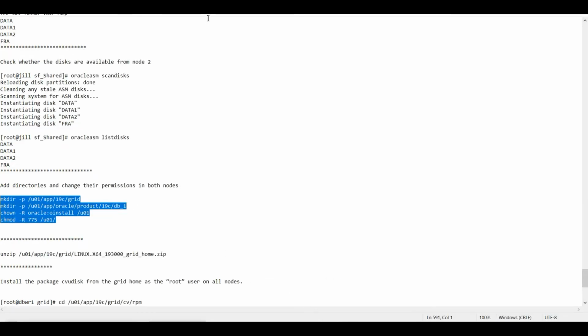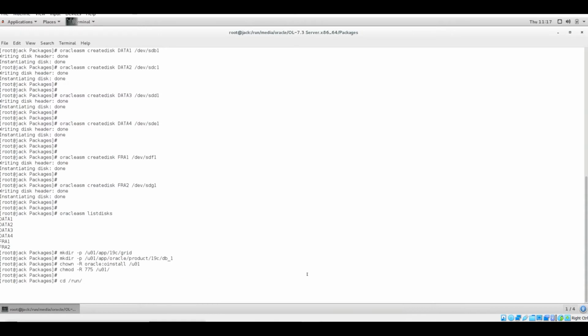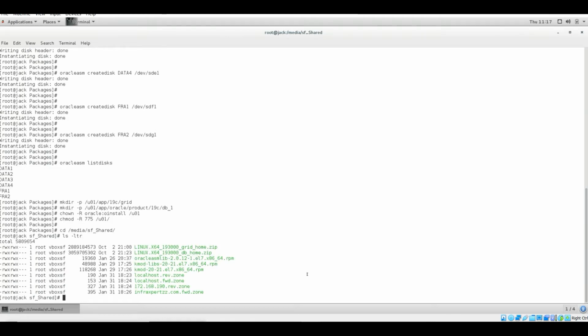Now comes the part where we need to install our grid home. So before installing the grid home, we need to take the zip file and put it in my grid home and then unzip it. So let us proceed with this. Let us do this from our node 1. So this is the file, and where do I need to copy it?